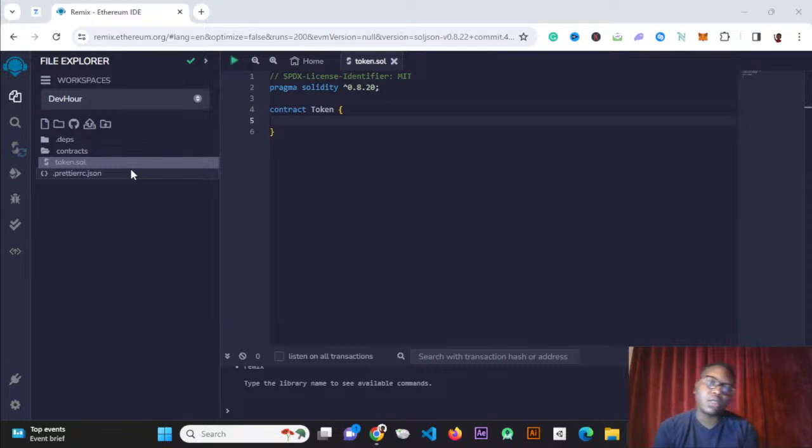So I'm going to go through the syntax of how to write a basic smart contract. What we have here is I've not added anything into the contract just yet. I just want to describe a couple of things that you may need to know. Firstly, in the first two lines, the SPDX license identifier being MIT, then the pragma solidity, is just information about the smart contract. This pragma solidity line talks about the version of the Solidity compiler we want to use to compile this particular smart contract, which is important to state because there are multiple versions of the Solidity